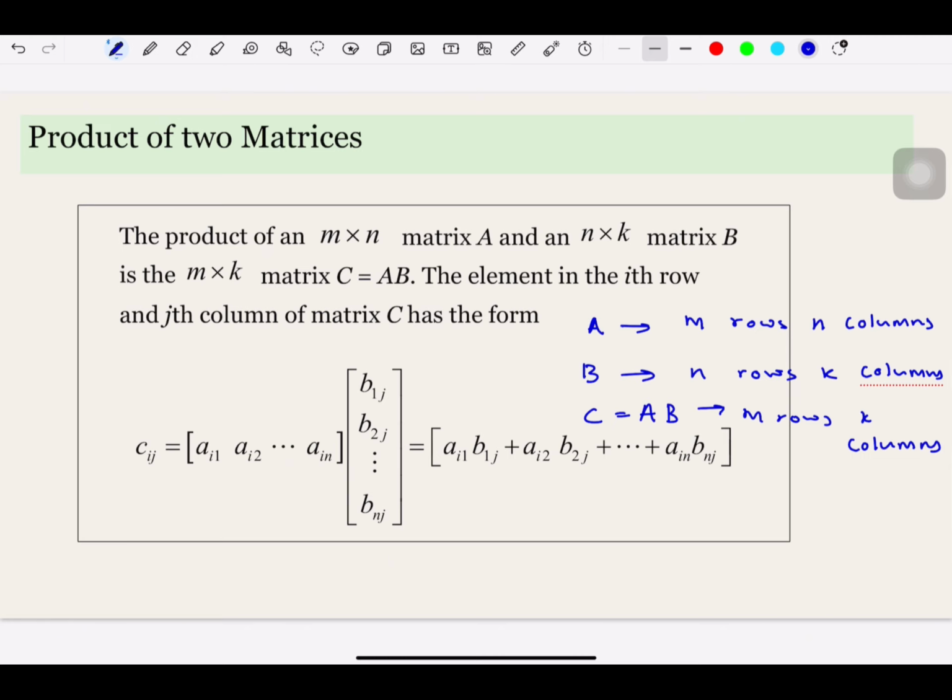To find each entry in the resulting matrix, you take a row from matrix A and a column of matrix B, multiply the corresponding numbers, and then add them up, just like you did with a row matrix and a column matrix. But now we do it for every row of A and every column of B. For example,